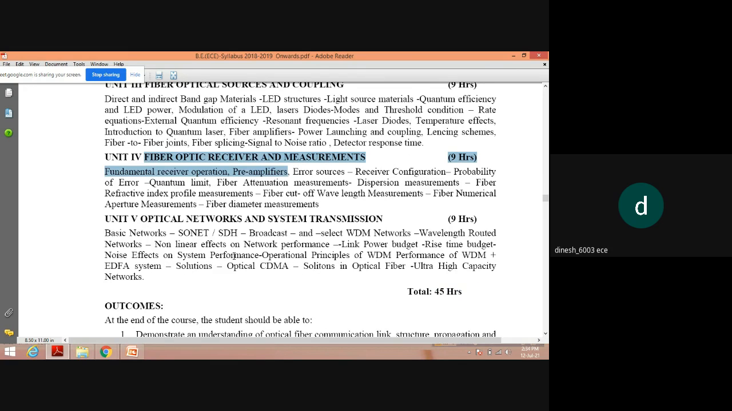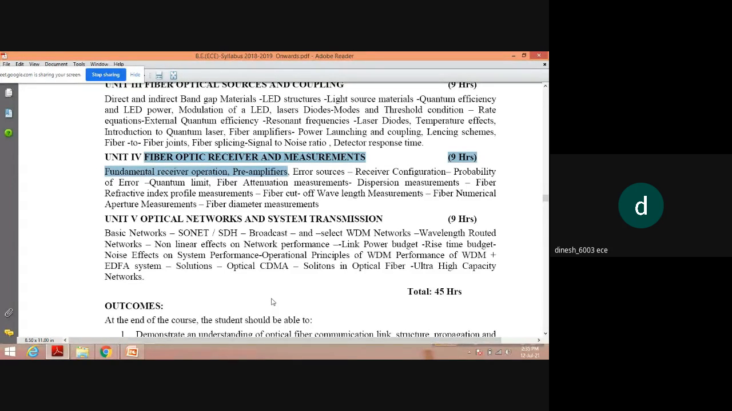Then unit 5, it is optical networks, the high speed transmission of optical signals from one place to another with the help of improvised technologies in terms of networking, where we'll be using synchronous optical networks, synchronous digital hierarchy, or the wavelength division multiplexing networks with wavelength routed networking. So for this, link power budgets, rise time power budgets, the effects of noise on the system,